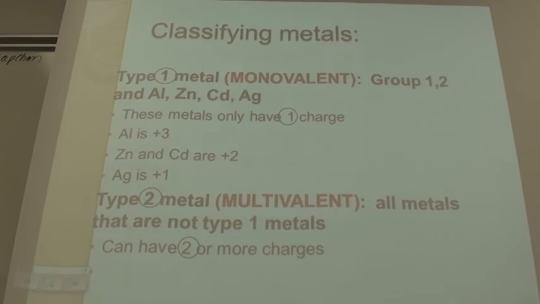Okay, you need to know the different types of metals for a couple of reasons. First of all, you need to know how many electrons each one of the atoms is going to lose to become a cation. And secondly, you need to know the charge of the atoms, so cations, so you can name them properly. Yesterday, we talked about these special transition metals, and we remembered them as ASCA, and we